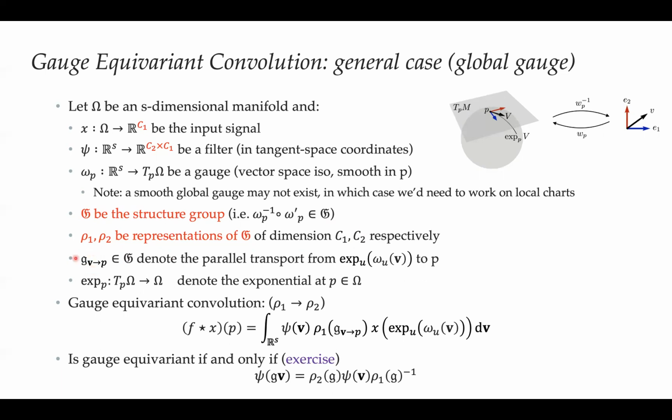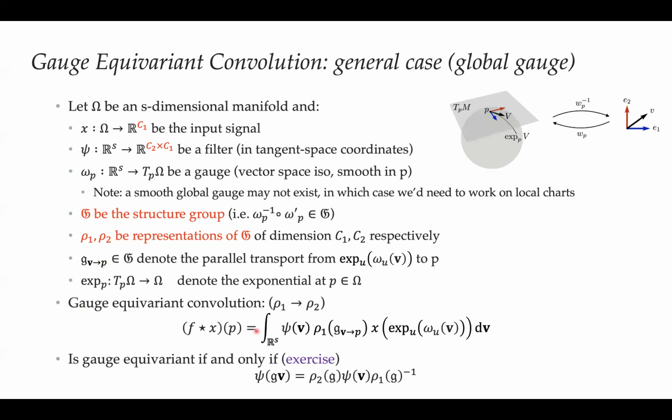We have this parallel transporter. Again, I think Michael covered this very well. So this tells us how we transport from the point we get to by, or the point indexed by V. So this one, the exponential of V to P. So what rotation will take place if we map from the coordinate vector at V to a coordinate vector at P that corresponds to the parallel transported vector.